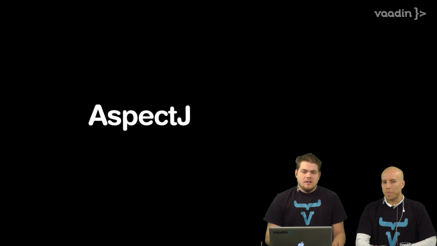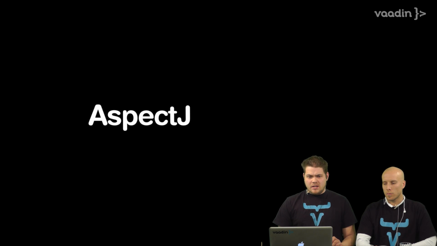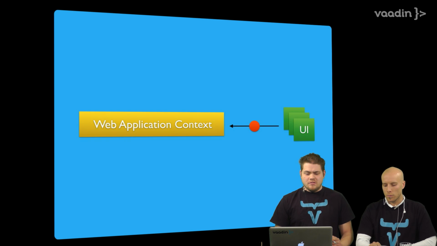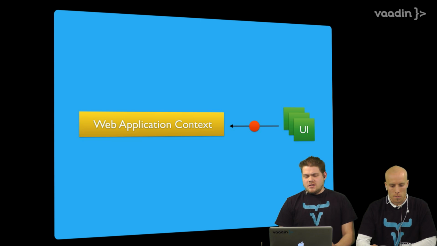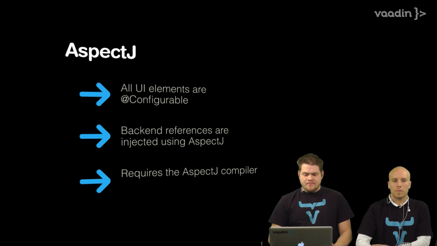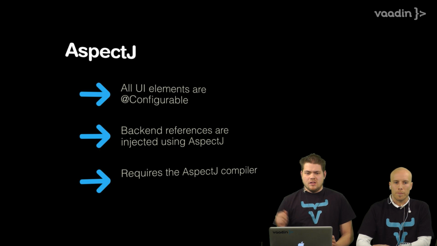The second one that's commonly used, maybe not as common, but it has a few advantages, is this AspectJ approach. In this case, we're actually compiling our entire project with the AspectJ compiler and letting AspectJ handle all this bean integration for us. So all UI elements, including components, so not only the main UI class, but basically any class which contains UI components, you can annotate that with this @Configurable annotation, and then you can inject backend references using AspectJ